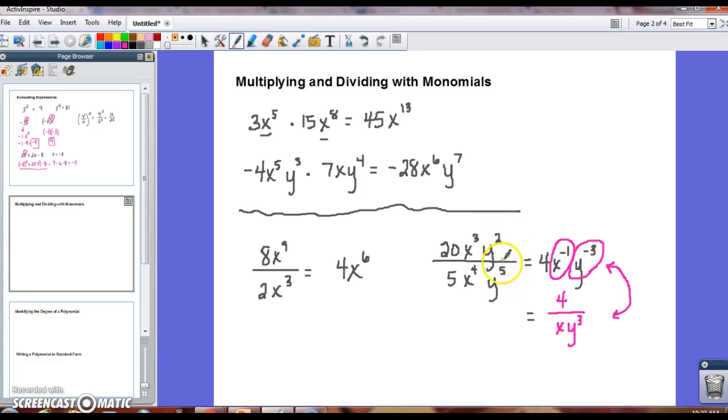Same with your y's here. The larger one is in the denominator, so your answer is going to end up in the denominator. With my coefficients, 20 was bigger than 5. So when I simplify that, the number stayed in the numerator because that's where the larger number was to begin with. So for example, if I have